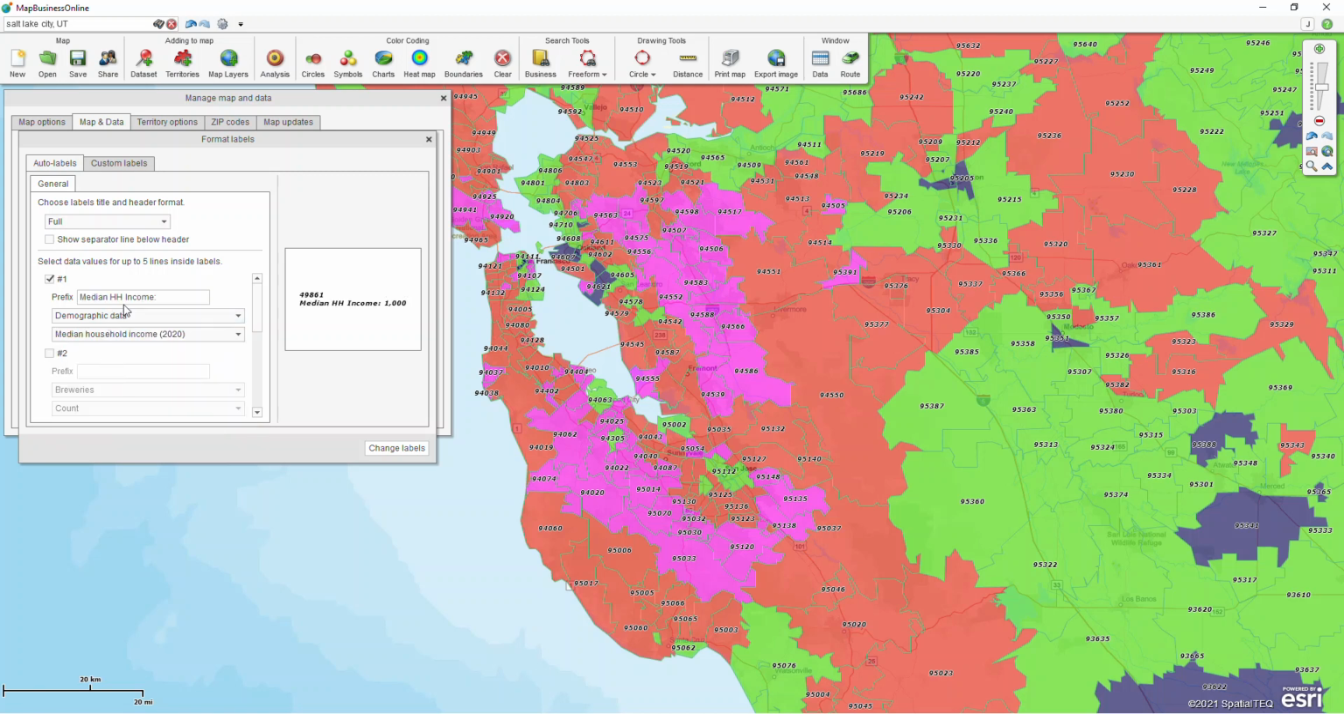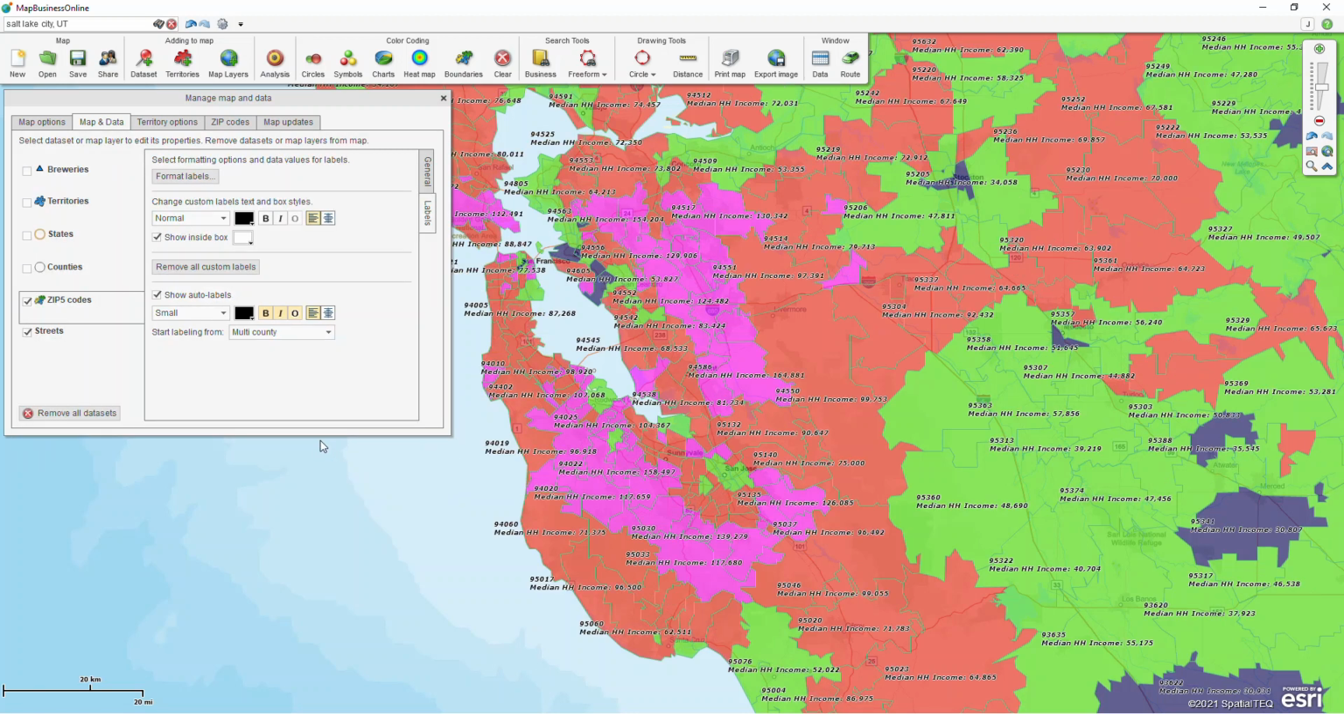The prefix is where you can type in, it's almost like a label for a label. So you can type in whatever you want in that field so that when somebody's looking at the map, they're not just looking at a number, they have an idea of what that number represents. So once everything looks good, you click Change Labels and you can see that information on the map, and we